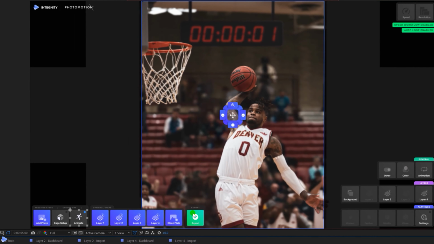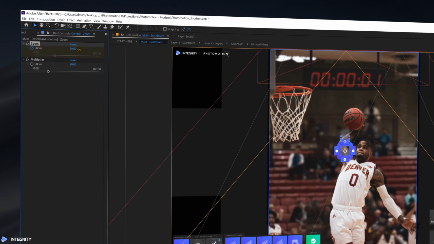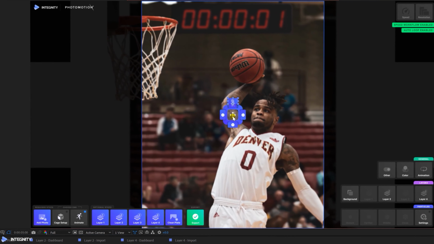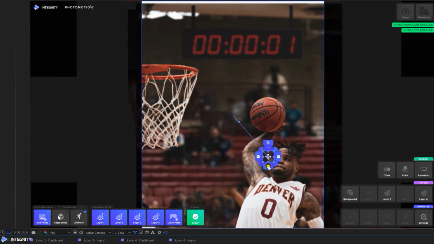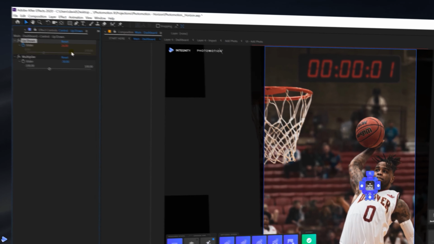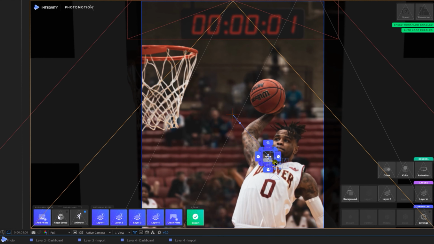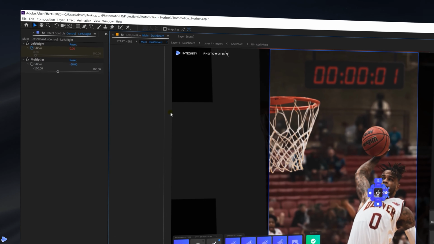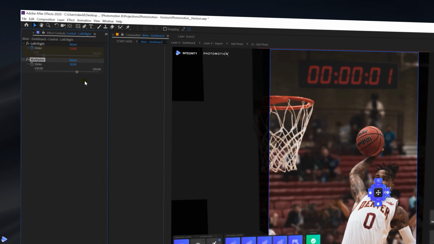So with our playhead at the right spot, let's get to creating our animation by clicking on this magnifying glass on our main controller and adding some zoom here. We'll then move our controller into position and then add some vertical movement by clicking on this icon over here at the bottom of the controller and adding some upwards movement by dragging this slider up. Okay, so with that done, let's get to moving our controller further and then adding some movement to the right. We'll also set the multiplier to around about 30.